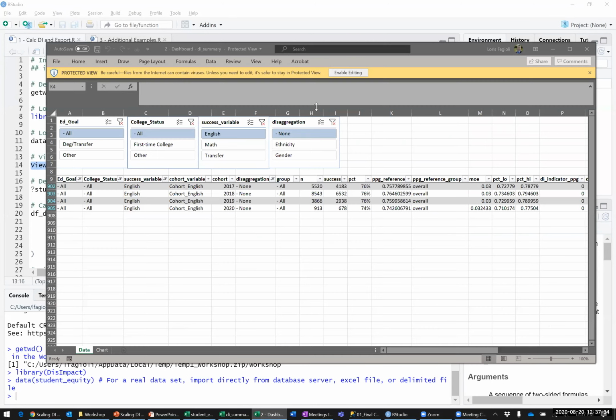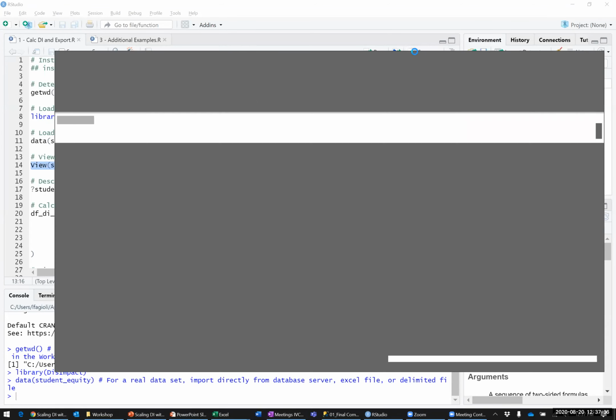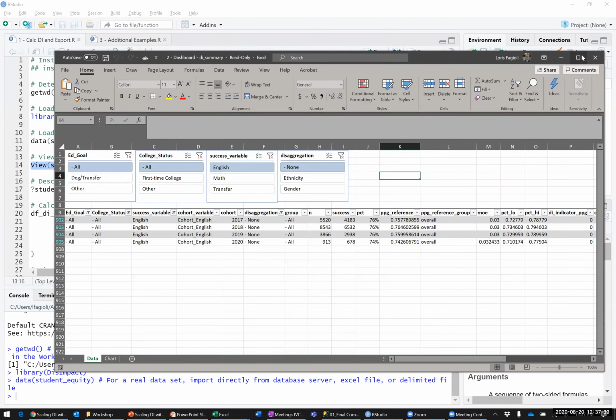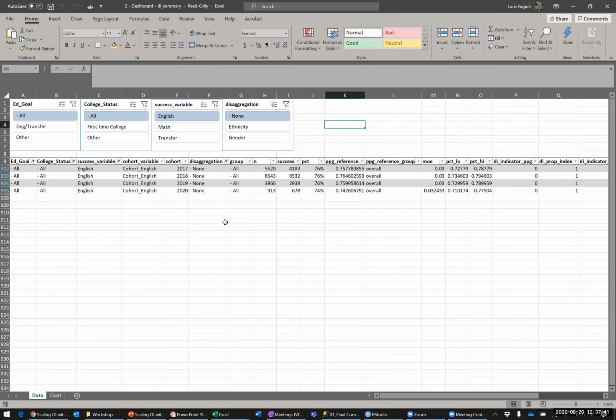All right, so I'll share my screen real quick, just to highlight again what Vin just showed you. So here you see the Excel sheet that was exported from just those 5 lines of code. And here again are the individual returned variables that you will see by the DisImpact package. And one thing that is extremely useful for many of you is, yes, you can, for instance, calculate,